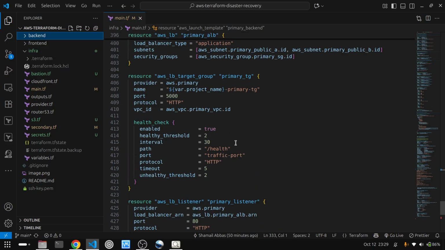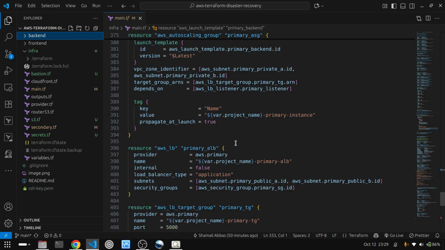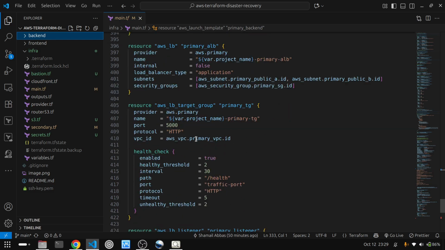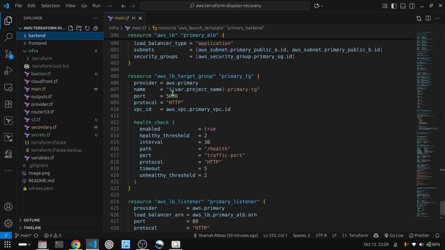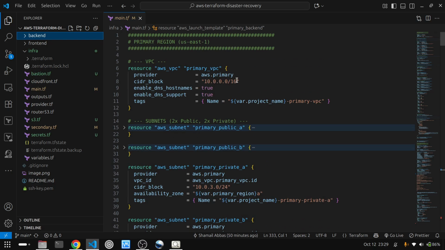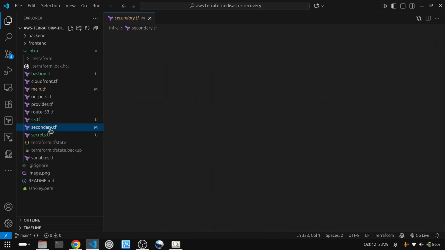And then the application load balancer as well. So then we created the application load balancer, and this load balancer is listening on port 80 and targeting port 5000. So this is related to the primary region, and then in the secondary region we have